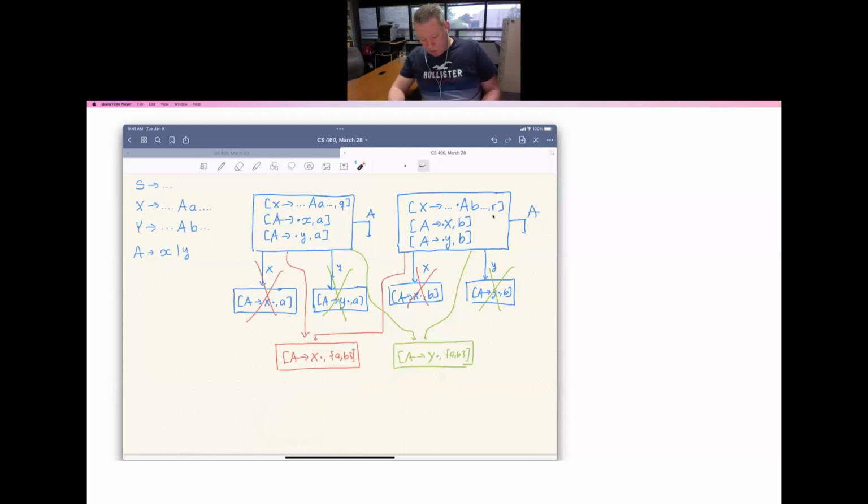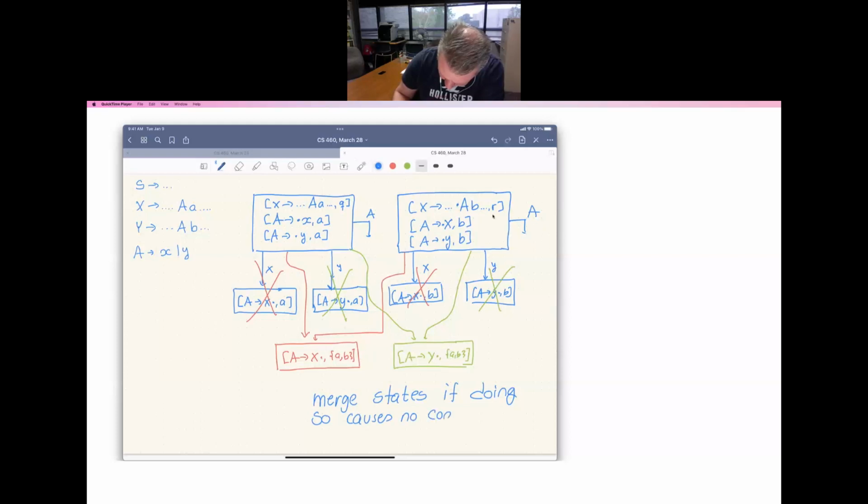So we could merge things if we don't create conflicts. So we can merge states if doing so causes no conflicts, and if